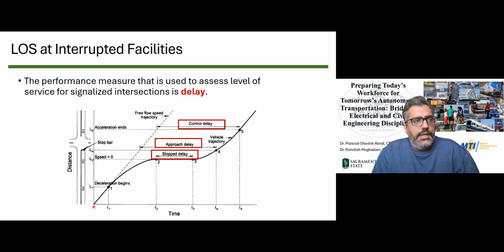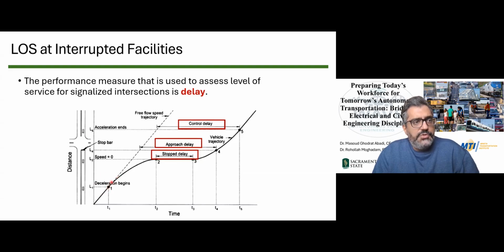We show the time on the x-axis and space, where the cars are, on the y-axis. Look at this car. By the way, because this is time and this is space, the slope of these lines, which we call trajectories of vehicles, shows speed. So you see that this car was going with a constant speed as it was approaching a signalized intersection,